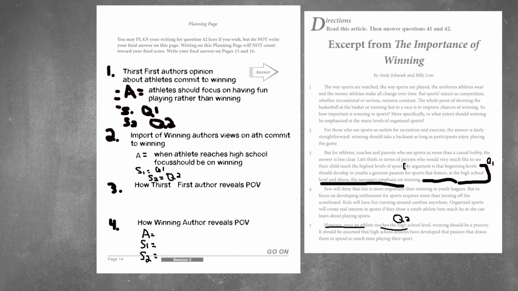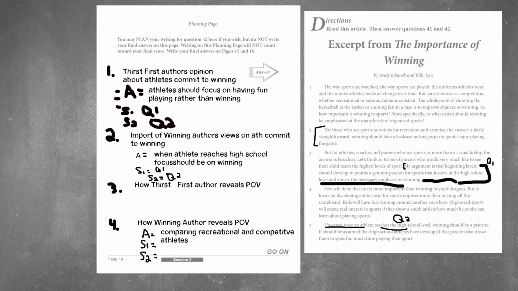So let's look for how this author reveals their point of view. Here, the author reveals his point of view by generally comparing and contrasting two types of groups: the recreational athlete who just wants to play for fun, and the competitive athlete who is in a formal team sport and their main objective is to win. The answer to the point of view is comparing recreational and competitive athletes. There can be many different answers how one reveals their point of view. This is one I chose. Now we're going to find two quotes to back it up.